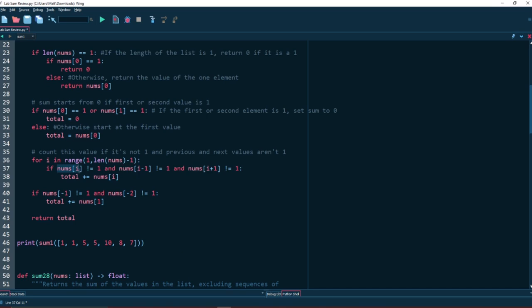We're going to have if that value is 1, because if the value is 1, it's 0. If the number before it is 1, you're going to skip it, because that is one of the cases. And then if the number after it is 1, you're also going to make it 0. So in the case of the lab, it was only the one after that you skipped. So you would only have this nums -1. So actually in the actual lab, you wouldn't need this -1 here, because you don't have the +1.